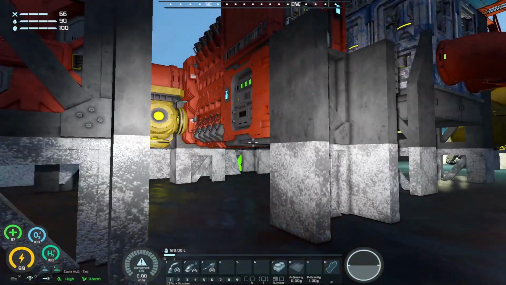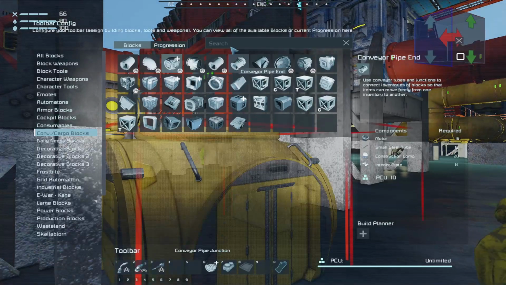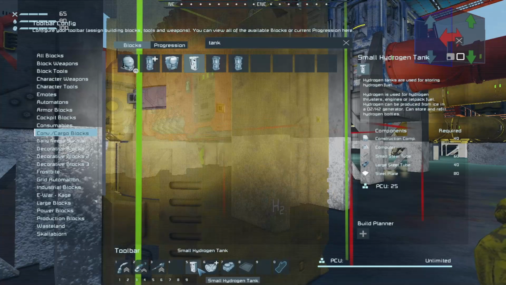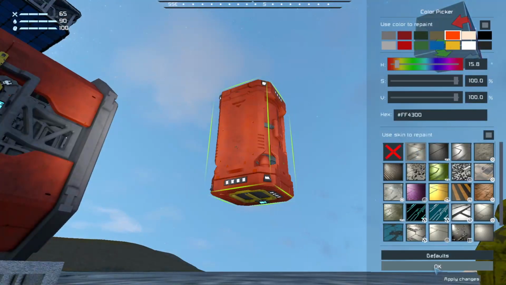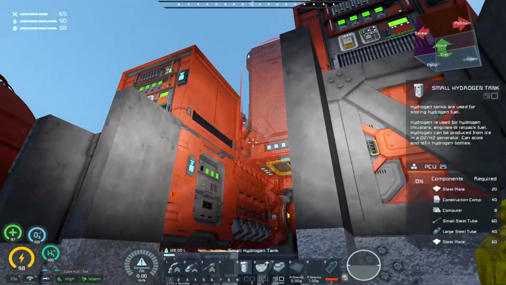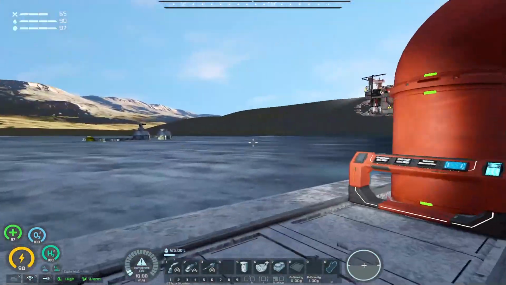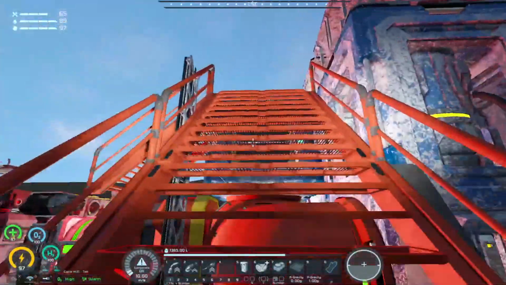Okay. Now we're going to need some of these. And then tank. Small hydrogen tank, but large grid. And we need to change our colors. So this will go here. And let's get back up here. Do we have, I don't know if we have enough on us to, and hopefully,